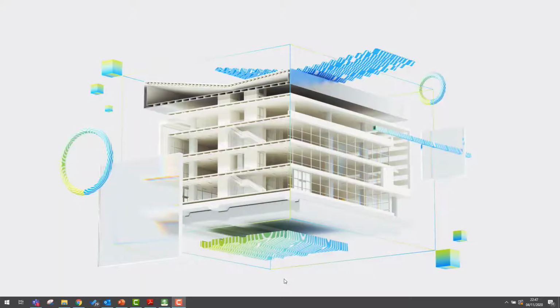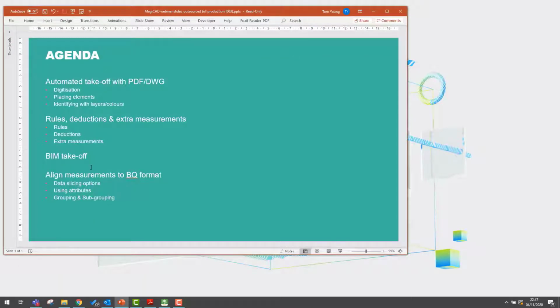I'll be doing the demo now, and the brief agenda that we're going to go through is automated takeoff on a PDF/DWG, in this case it will be a PDF, how we digitize those drawings to make them easier to take off, how we place elements, and then also how we might automate that through isolating layers and colors in a drawing. I'll then show you how we apply the rules, say SMM7 or NRM2 rules for measurement and deduction,